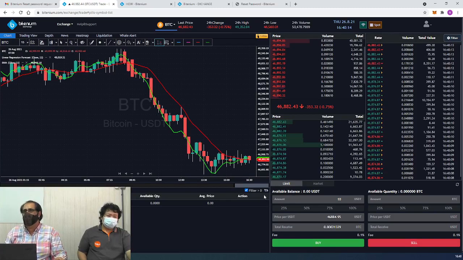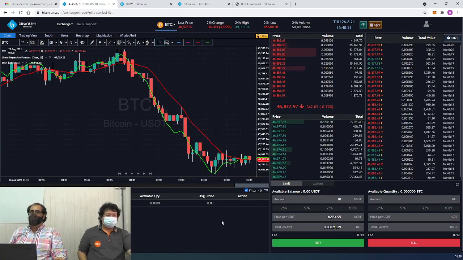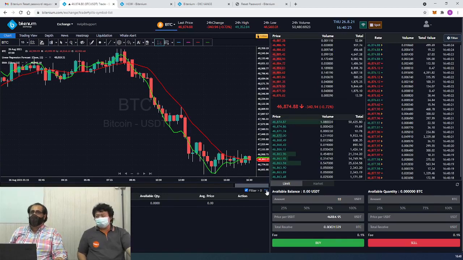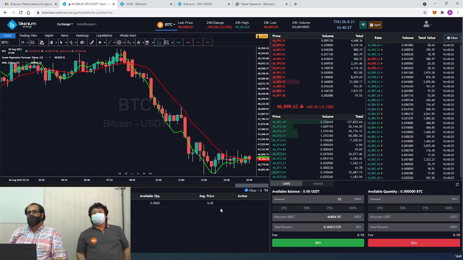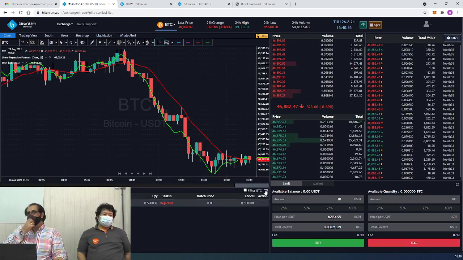Just make sure you tick this mark. It will help you filter only the coins you are holding, which will be easier for you. Around here is a refresh button, where you can refresh in case of any delay, or if you feel it's not showing the right position. Before you contact us, please refresh it. Even in open orders, refresh to confirm.